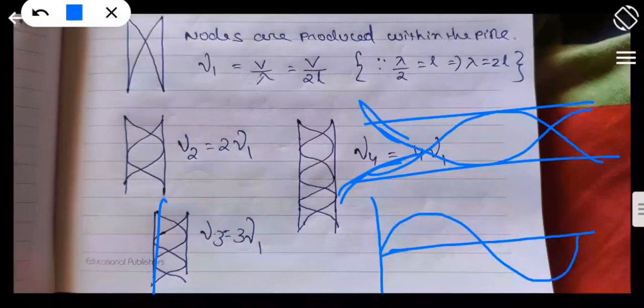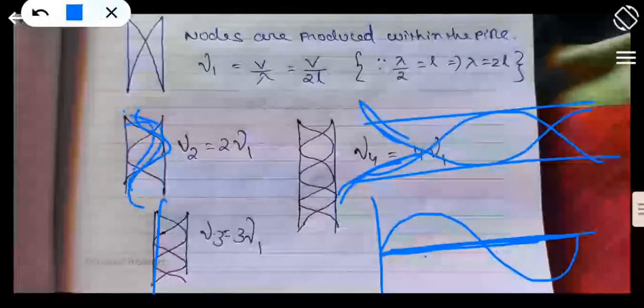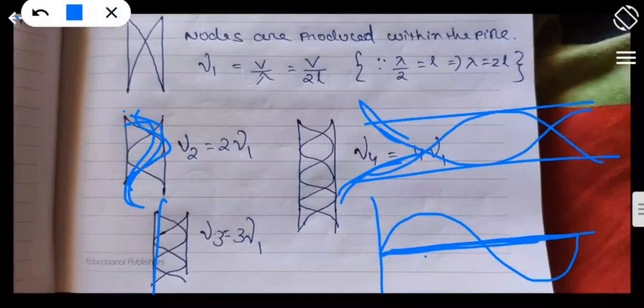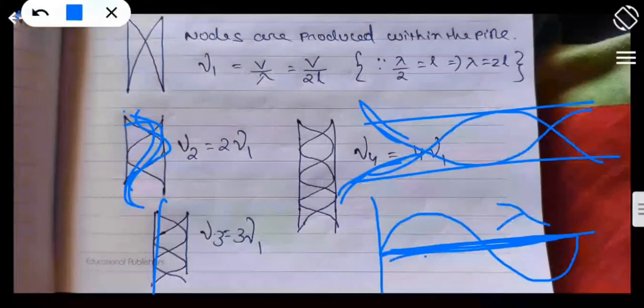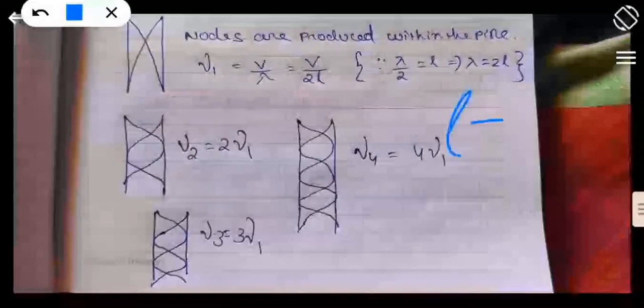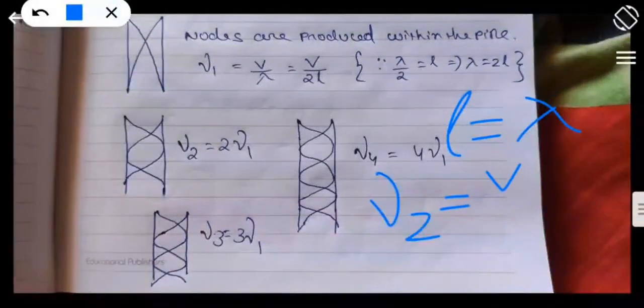Okay, like this. So in this case, this half is this full length. Okay, this full length traveled in this case. Okay, this is the length traveled, right? Like this. Okay, this is the full length being traveled. So this full length is how much? Lambda. If this full length is lambda, so obviously you can write the full length L is equal to lambda, right? And nu2 is equal to v upon lambda, right? That is v upon L.